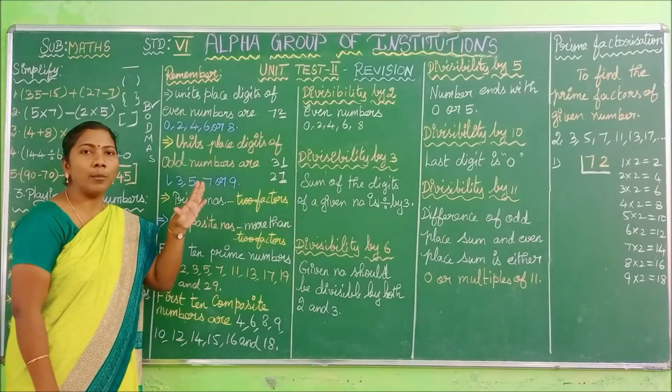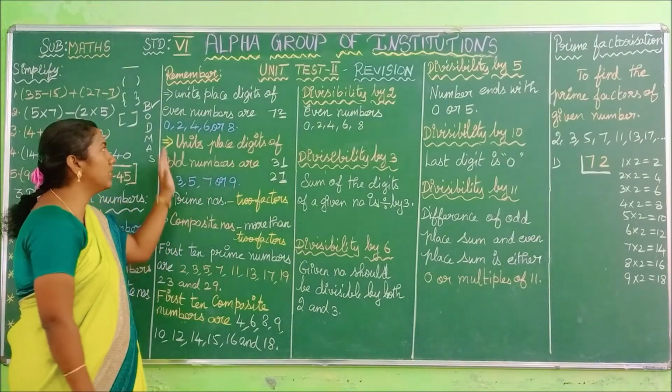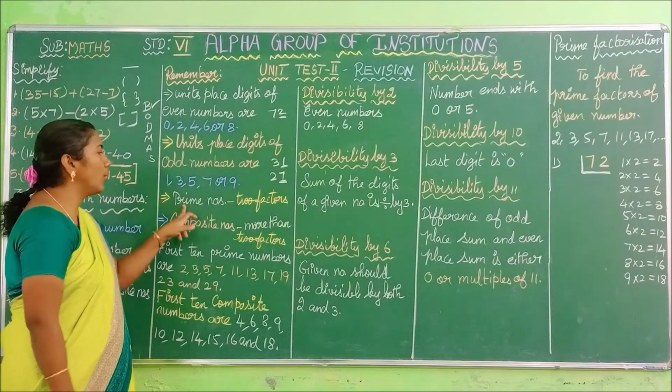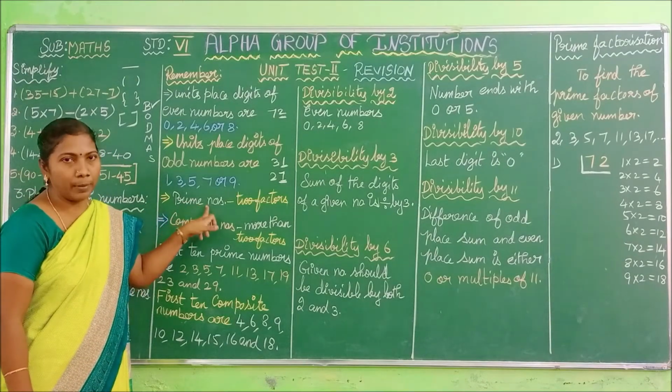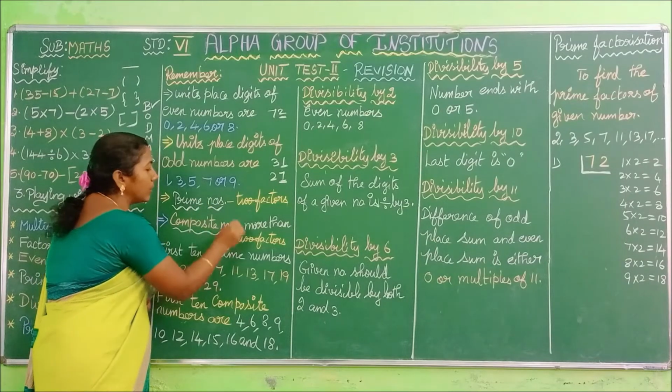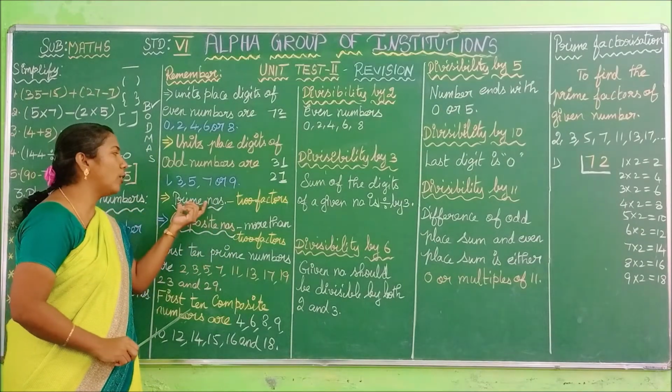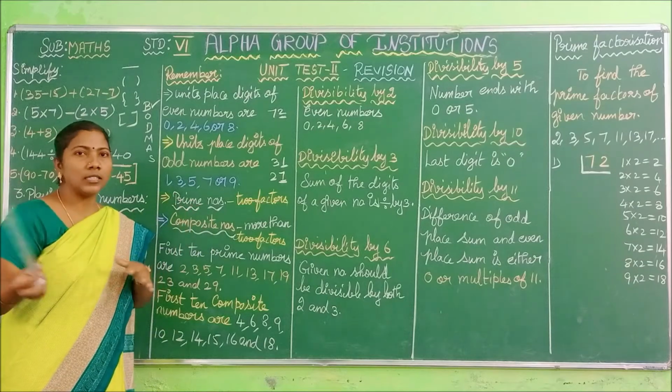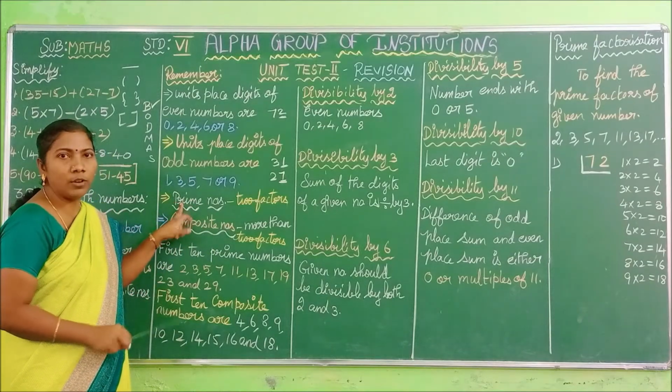We can say that number is an odd number. Okay, keep these things in your mind. Next we are going to see a very important concept, prime numbers. Always you have to remember these prime numbers and composite numbers because you have this concept in your higher classes also. So thoroughly learn this concept very well now itself.